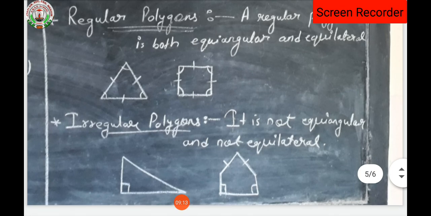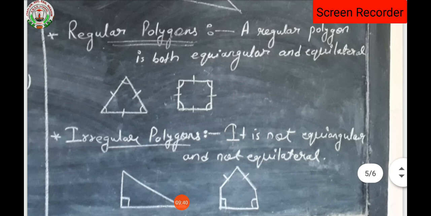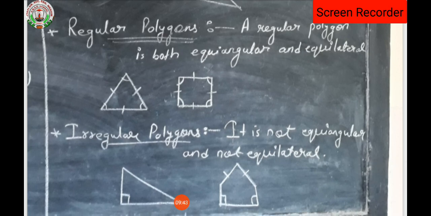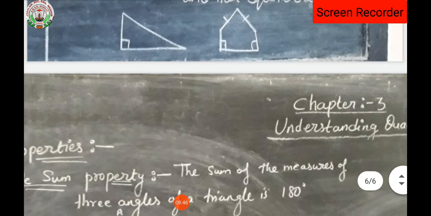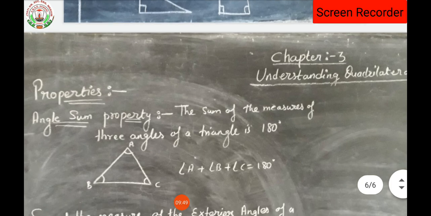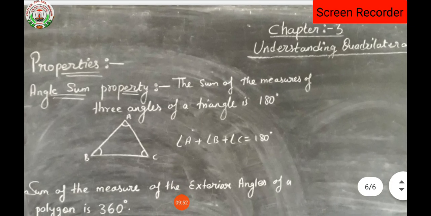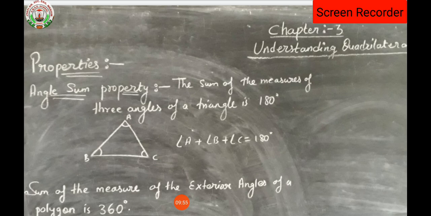Then comes the irregular polygon. Irregular polygons are those polygons in which the angles are not the same. One of the angles might be 80 degrees, another 60 degrees, another one 40 degrees, like that. So it is neither equiangular nor equilateral. That means the lengths of the 2 or 3 sides must be different. Such a kind of polygon is said to be an irregular polygon. Clear, student? So here we have completed the definitions. Some properties will be here which will be very useful for you people. So here we are having properties. Look at it.